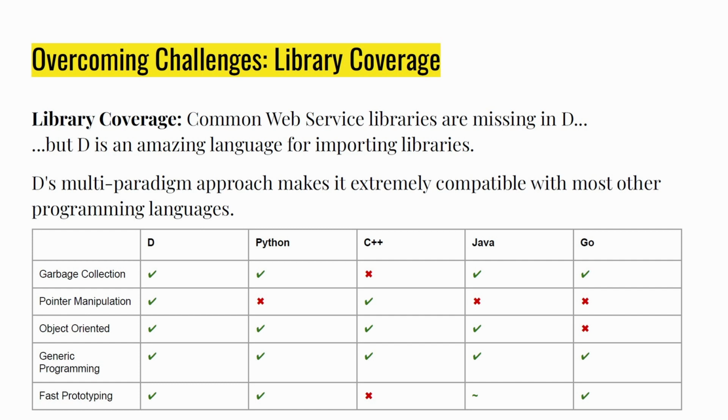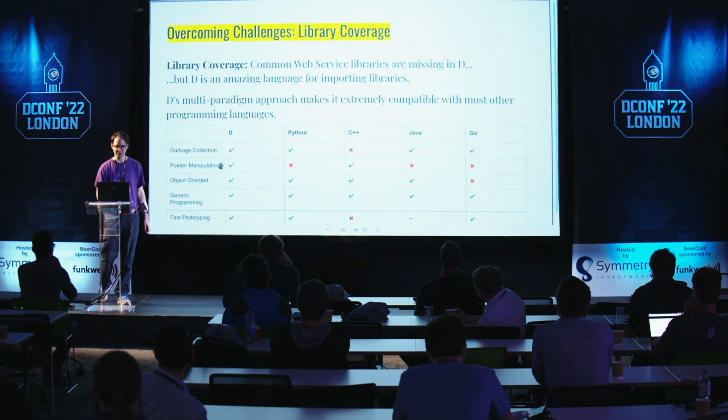Now, when it comes to the kinds of features different languages have, D happens to have a lot of these features. So if I'm importing a library from Java, for example, and I don't exactly know how the memory allocation works because Java has garbage collection, well, so does D. So importing a Java library is no big deal at all. You want to do raw pointer manipulation, but there's some weird algorithm that a C++ library has, you can do that in D. I mean, you may have to make your code trusted, but you can do it.